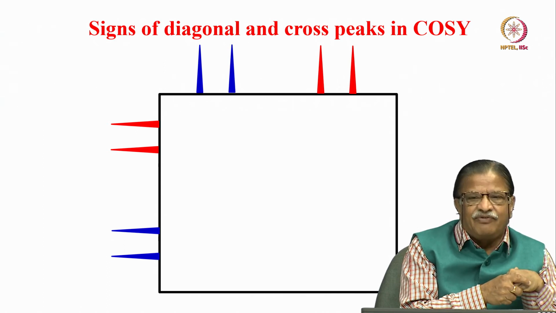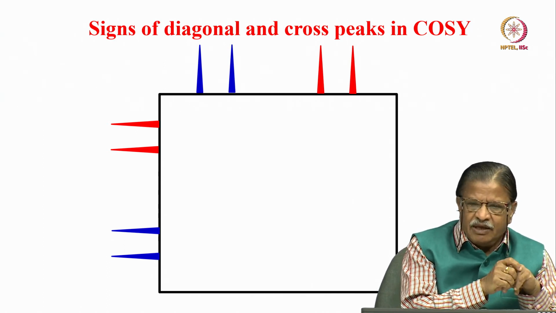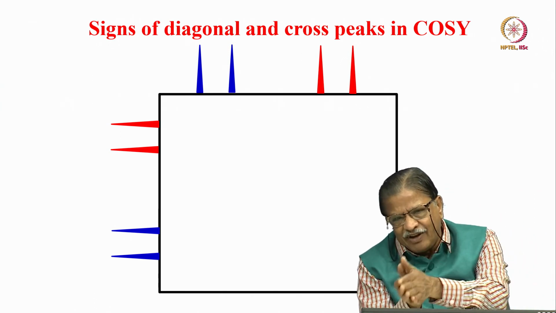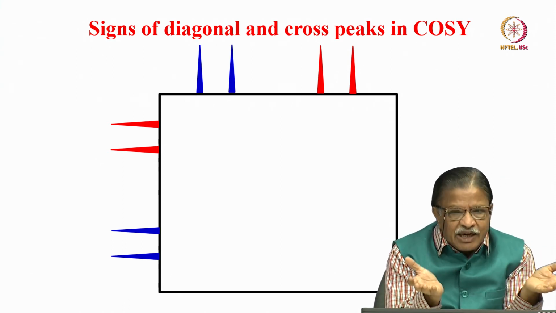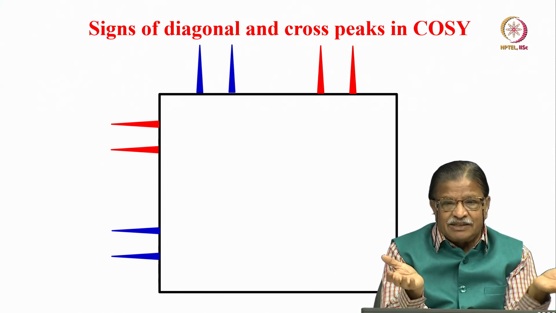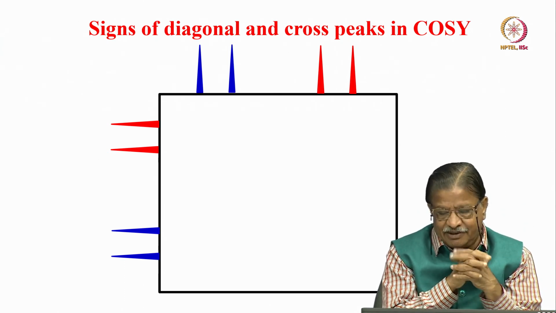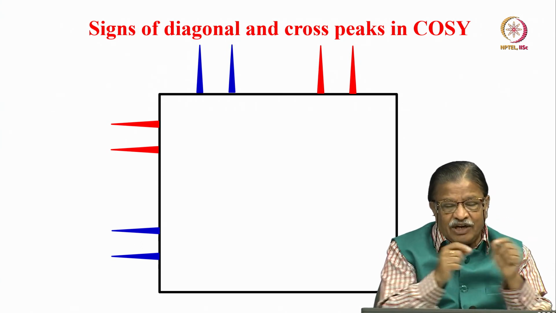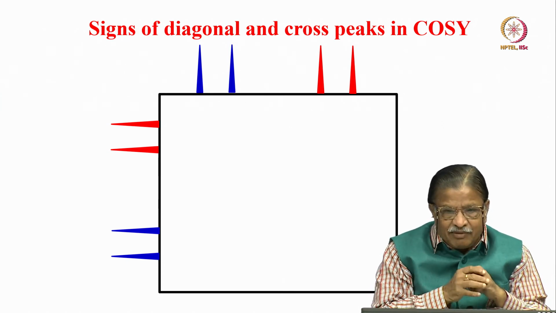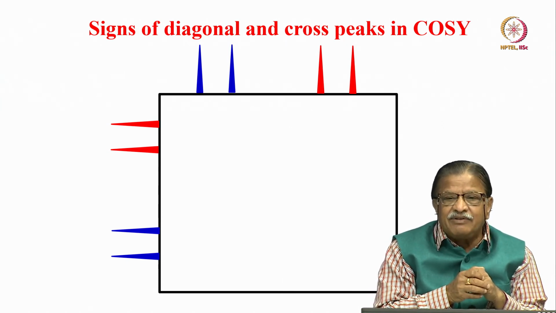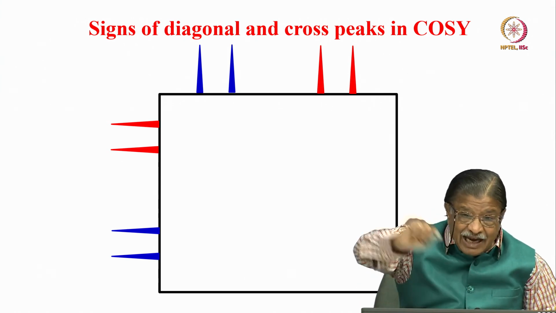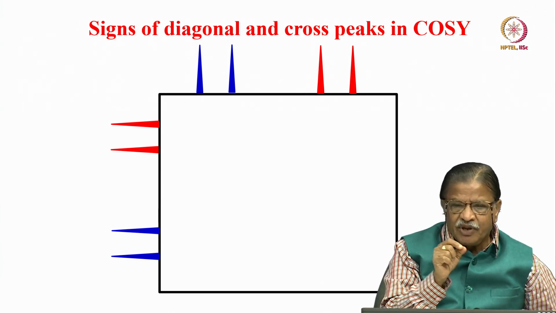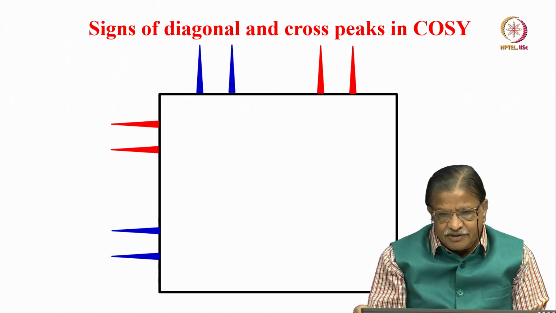And we took the example of an uncoupled single spin. If it evolves at a particular frequency in the T1 dimension, it evolves at the same frequency in the T2 dimension, because it is not coupled to any other spin. There is no way it can transfer the magnetization because of the mixing during the second pulse. So, it always gives rise to the same frequency in both F1 and F2 dimensions. If you plot it in the homonuclear 2D spectrum, this gives a single peak exactly on the diagonal, whose frequency is exactly the same on both F1 and F2 dimensions.